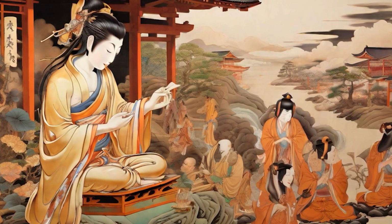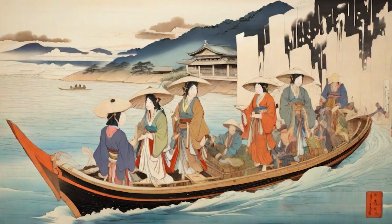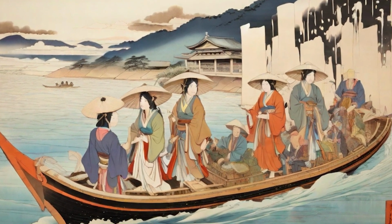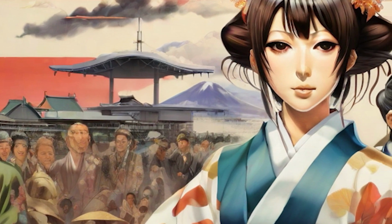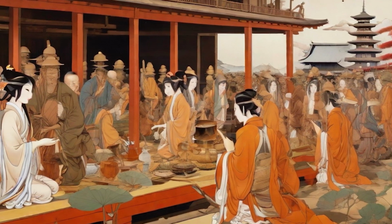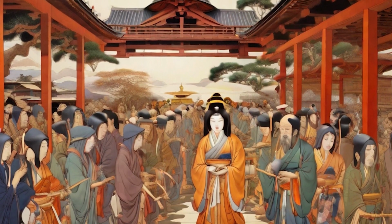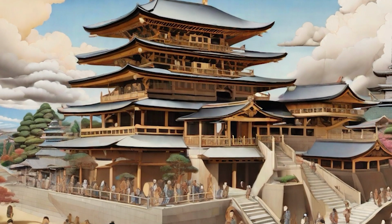They imported things like art, writing, and Buddhism from China. Japanese envoys even made a field trip to China to learn about their culture and politics, which had a big impact on how Japan was governed. Speaking of Buddhism, that's when it officially arrived in Japan. It became a state religion. And from there, Buddhist art and architecture started spreading like